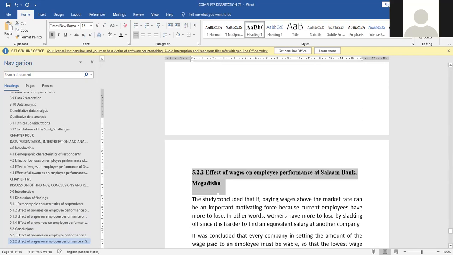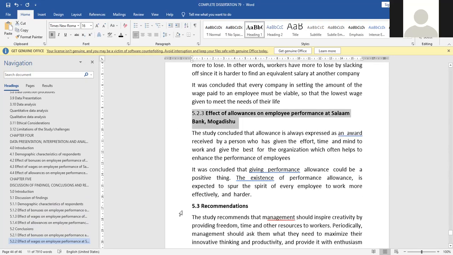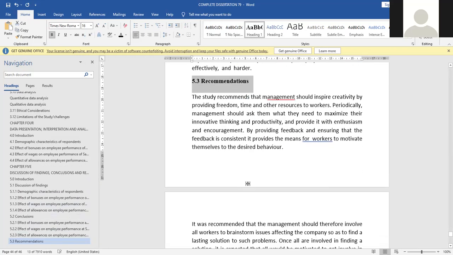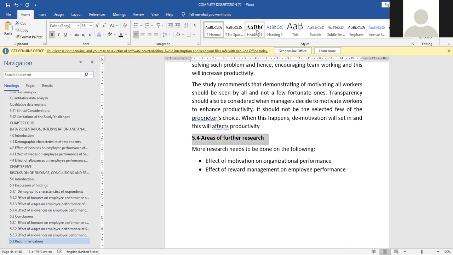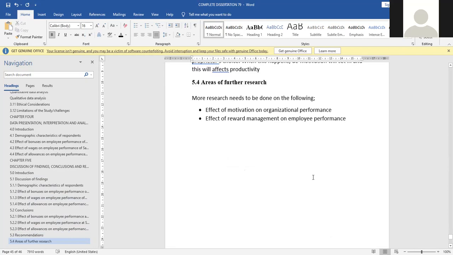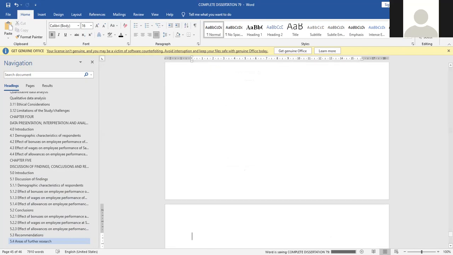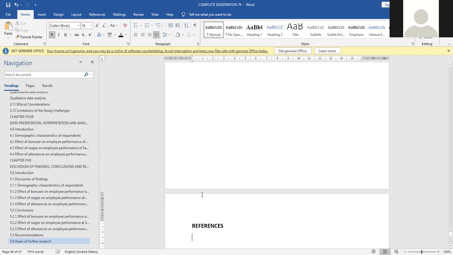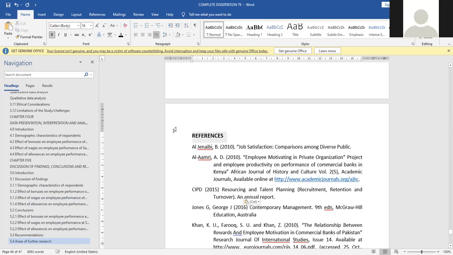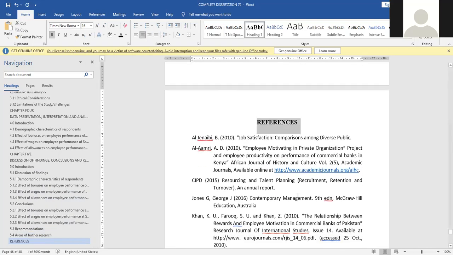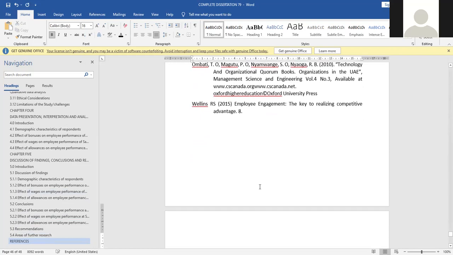So when I'm doing this, I'm going to create an automatic table of contents. That's why I'm just highlighting all these things and putting them in one type of heading. All right, go to references. Okay, copy all the references that you have used and then put them where they're supposed to be. Okay, so do the same. After references, you go to